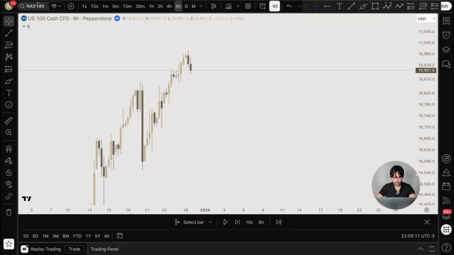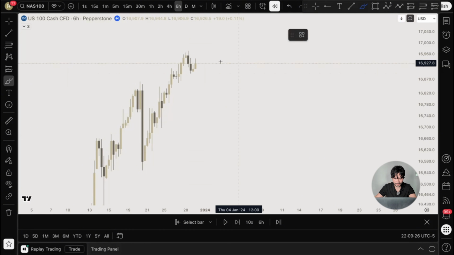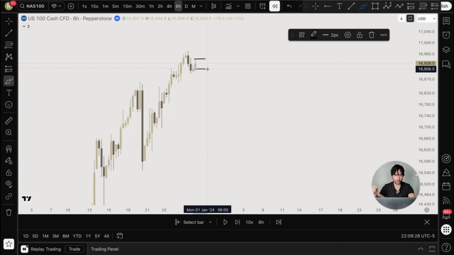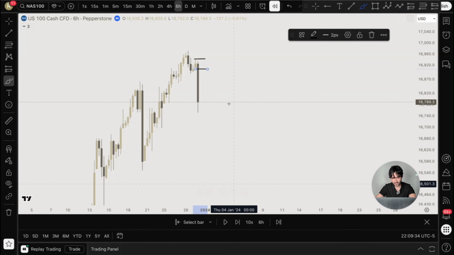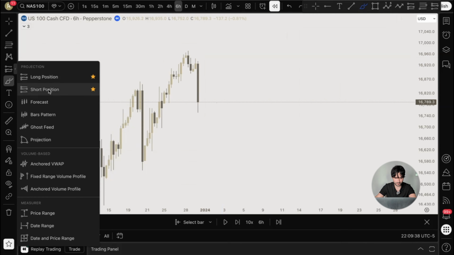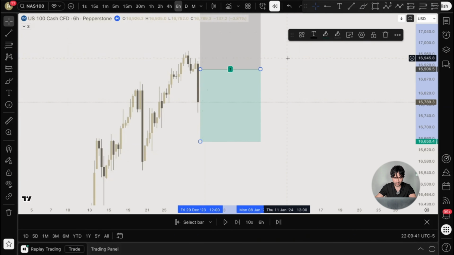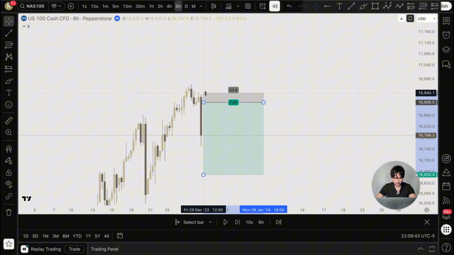Now that we have NAS 100 on our charts, of course we need to wait for the 12 a.m. candle, and right now this is the 12 p.m. candle, so we're going to let 2 more candles play out. Now that we have our 12 a.m. candle, all we need to do is set our orders at the highs and lows and let price do the rest. As you can see, this first candle tapped us in here, so this would have put us in the direction of shorts. So we'll go ahead and place an order at the high and low of the candle in the short direction.